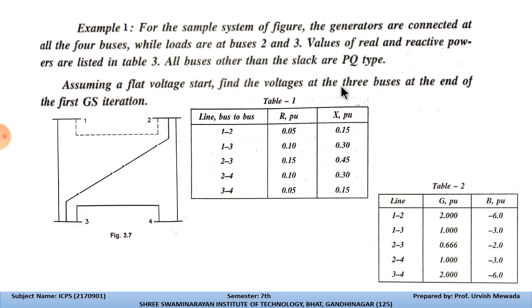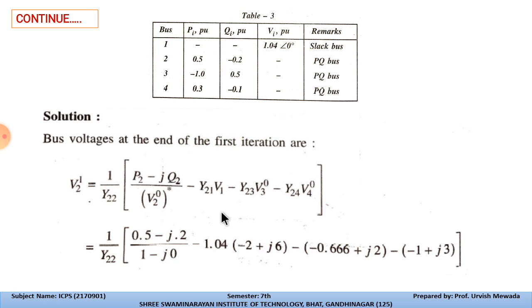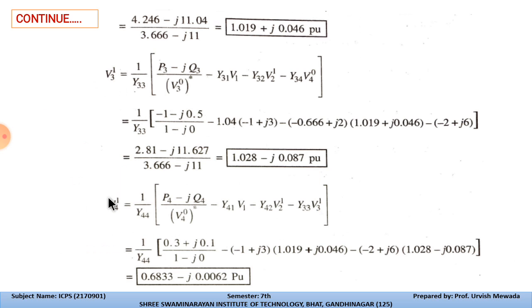So this is how we can solve. In the data it is given that the 3 buses at the end of the first iteration. So first iteration of each bus are say v21, then V31, then V41, we have the 4 bus, so that's why we need to calculate up to this, and after this we have the values of voltage after computing this example. So this is how we can solve an example using the GS method.